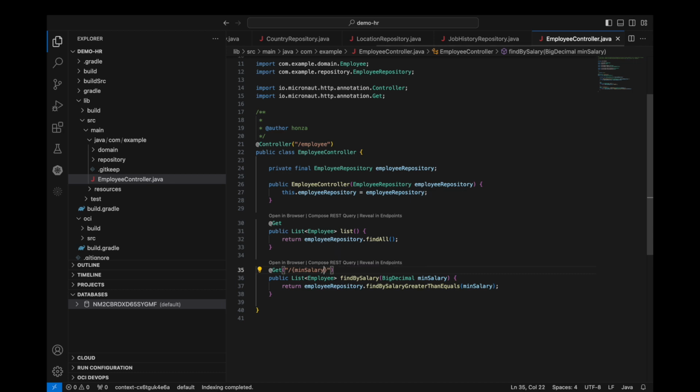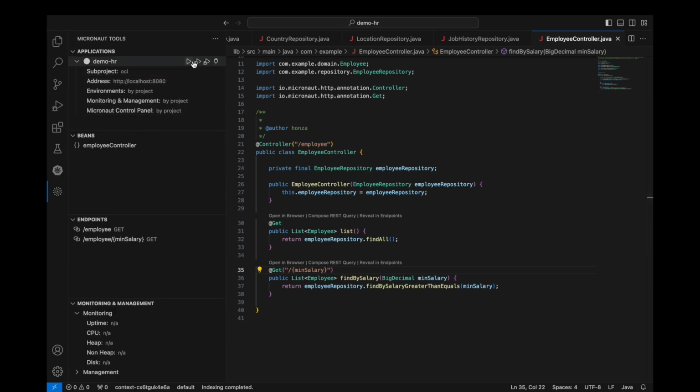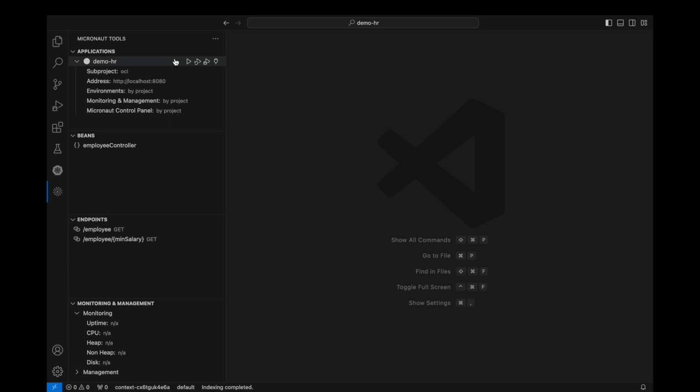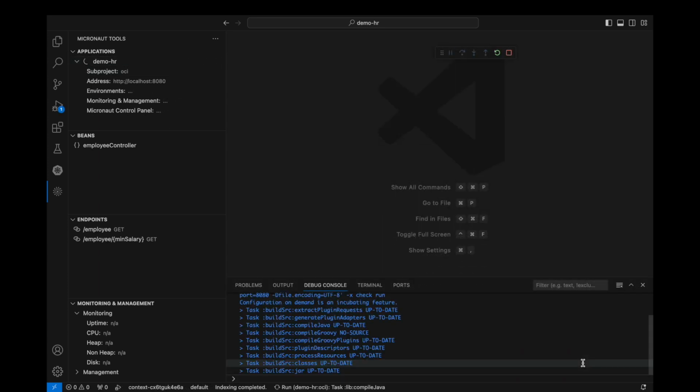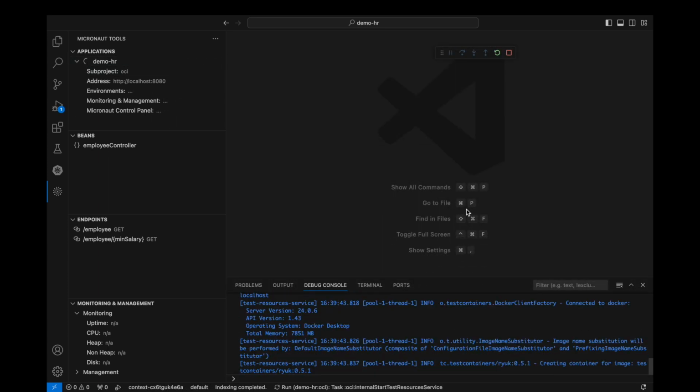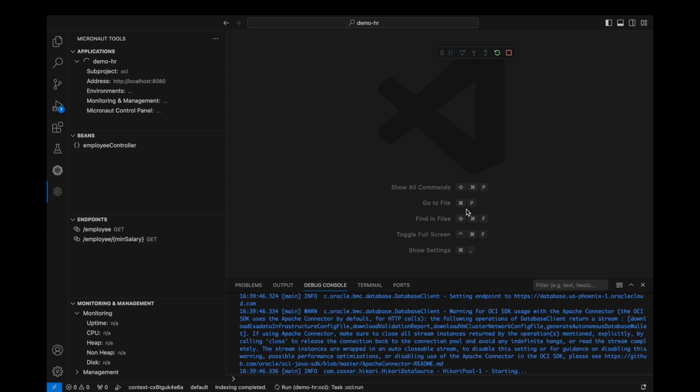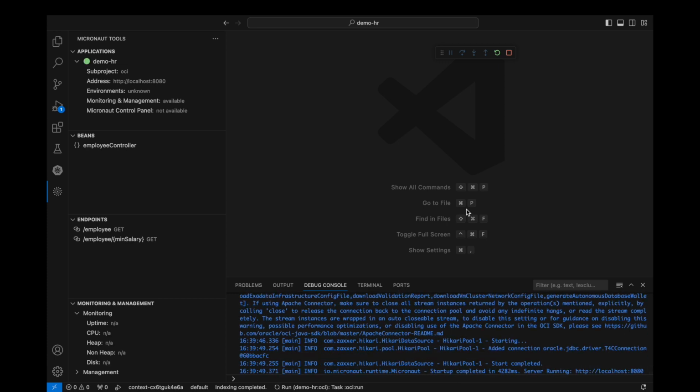Thanks to our VS Code extensions, we barely had to write any code to create a comprehensive CRUD application. To run it, let's switch to the Micronaut activity and press the Run button. This command will automatically use the connection details from the Databases panel to set up the application's environment. We don't have to put connection details into config files manually. This happens seamlessly. For testing purposes, let's connect to the running application via the Endpoints panel.